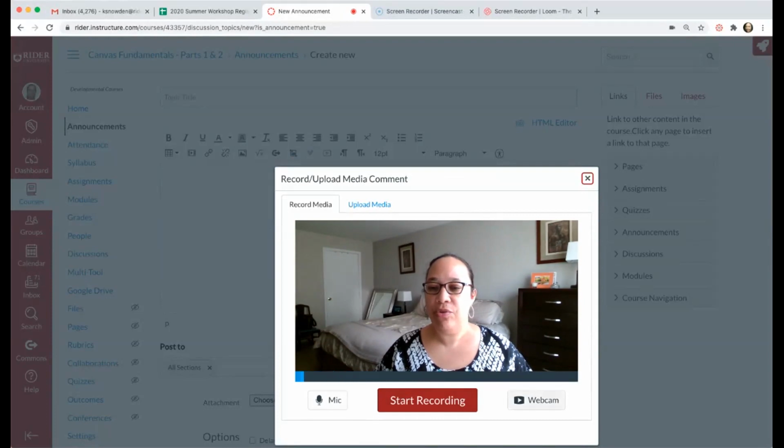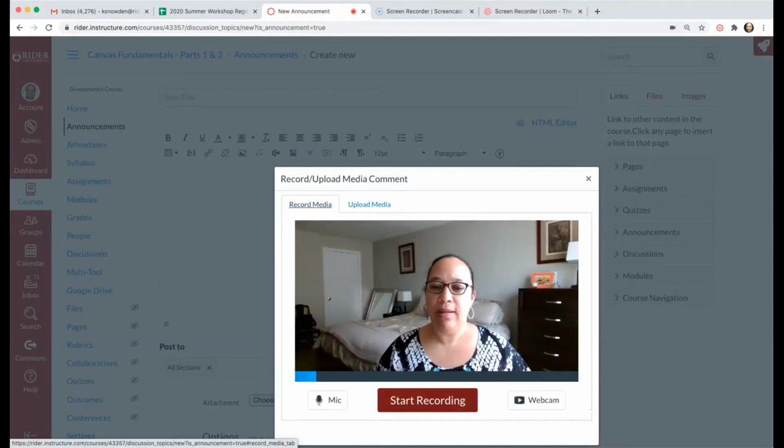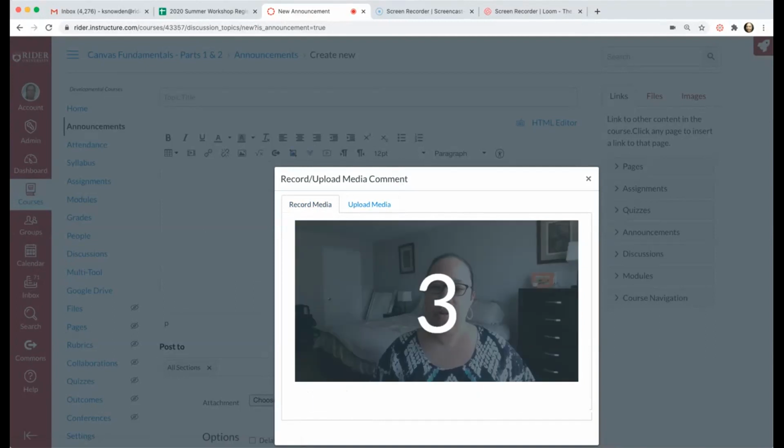or you can choose to record your webcam. You also have the ability to upload media. So if you have created content outside of Canvas, you used something else to record, your iPad, your phone, you want to upload a file that you've created, you can do that by selecting either the audio upload option or the video upload option. But if you are going to record on the fly, you simply select start recording, you